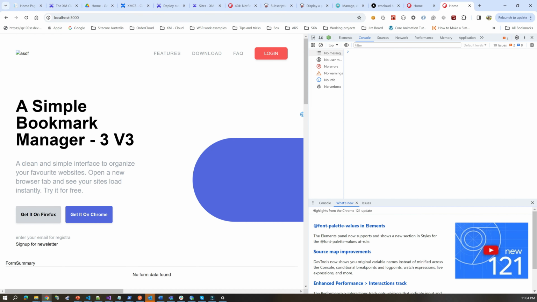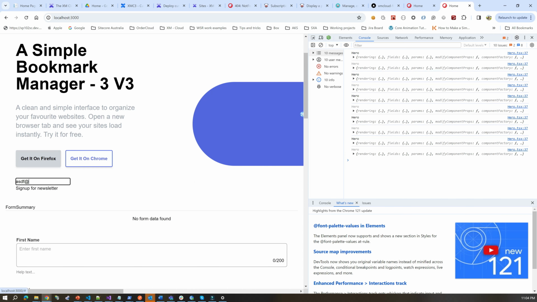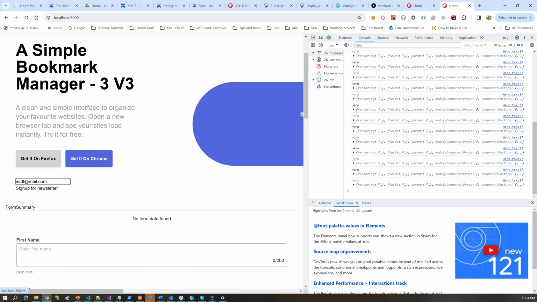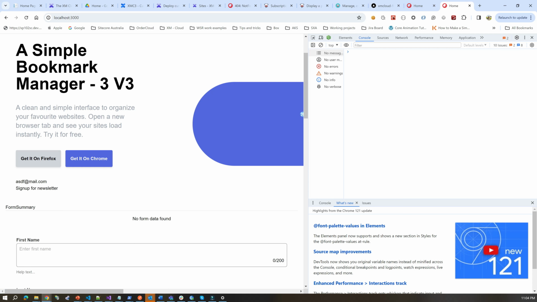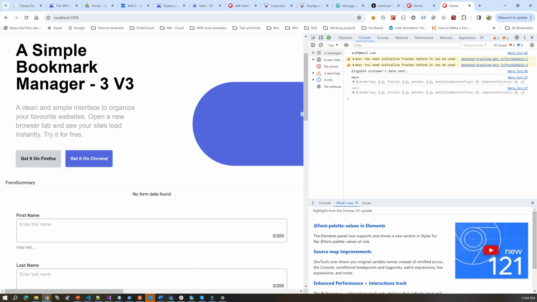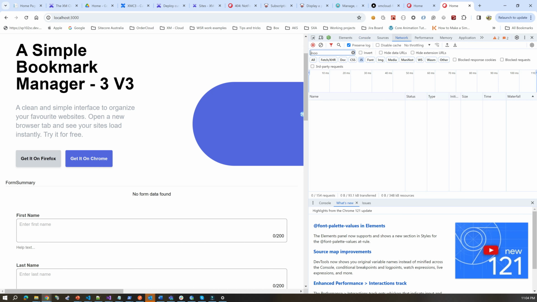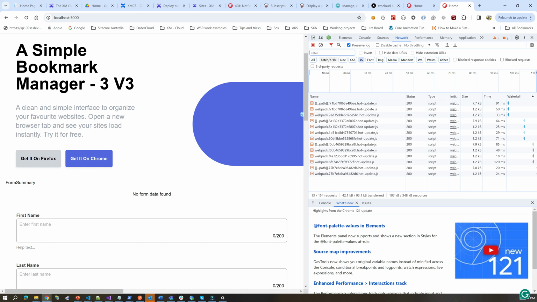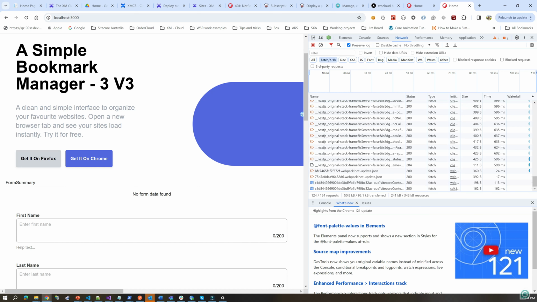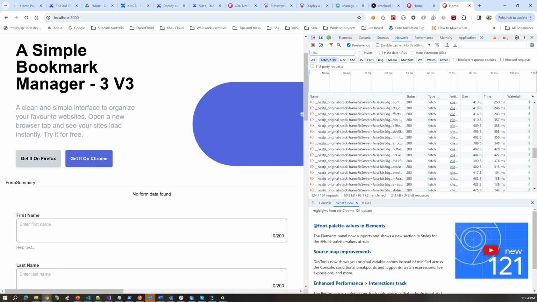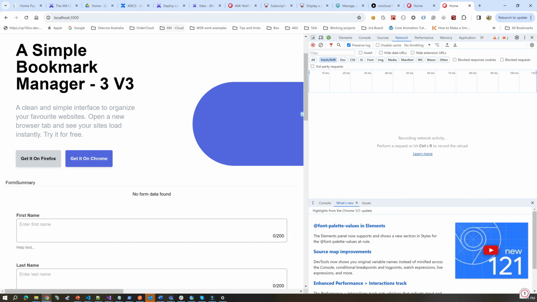Anyway, I don't know what the error is, but here we can say sign up, and then it says you need to initialize track before it can be used. This is not an error, this is a warning. But most importantly, if I see the network tab here, there should be a call going, but let me refresh one more time,